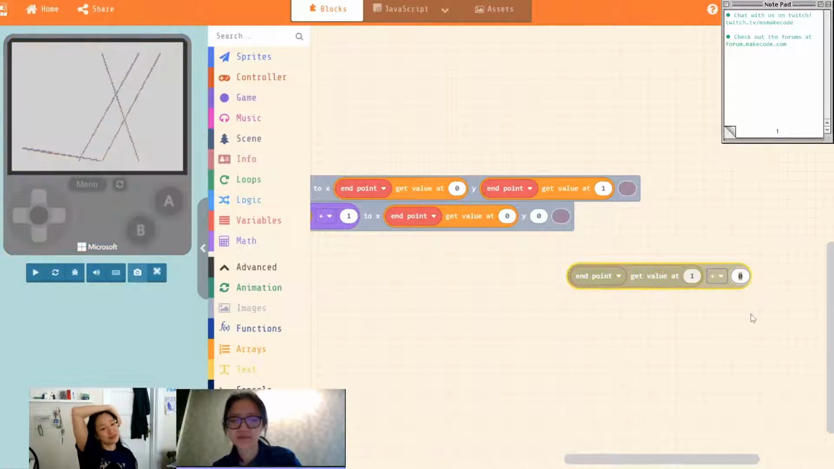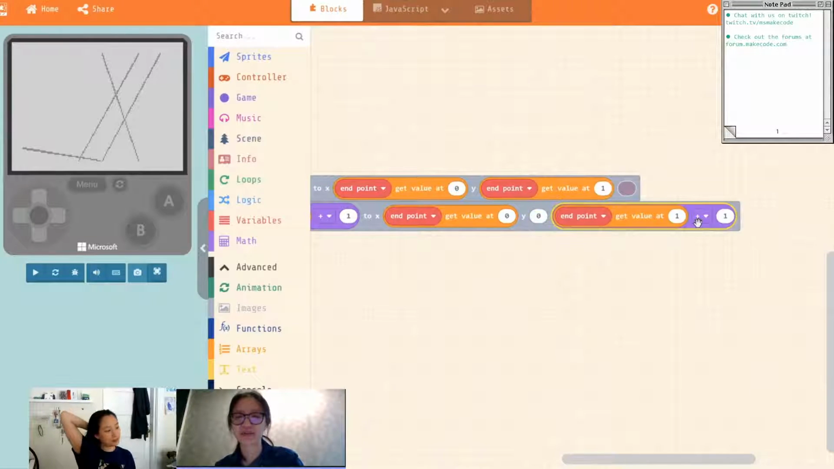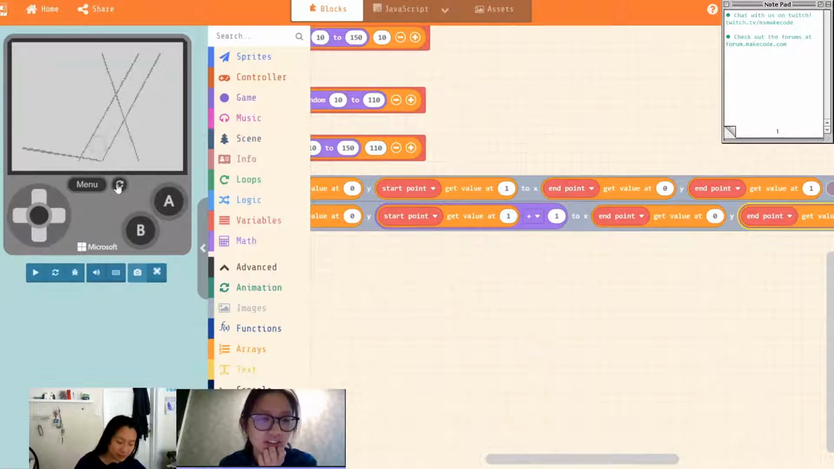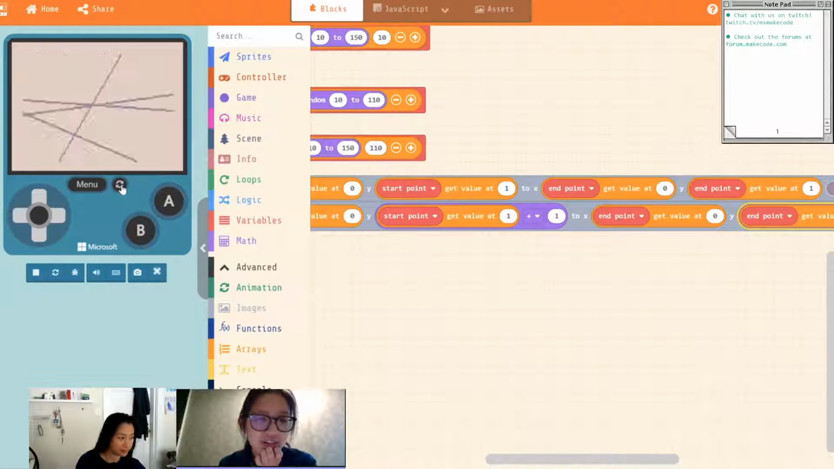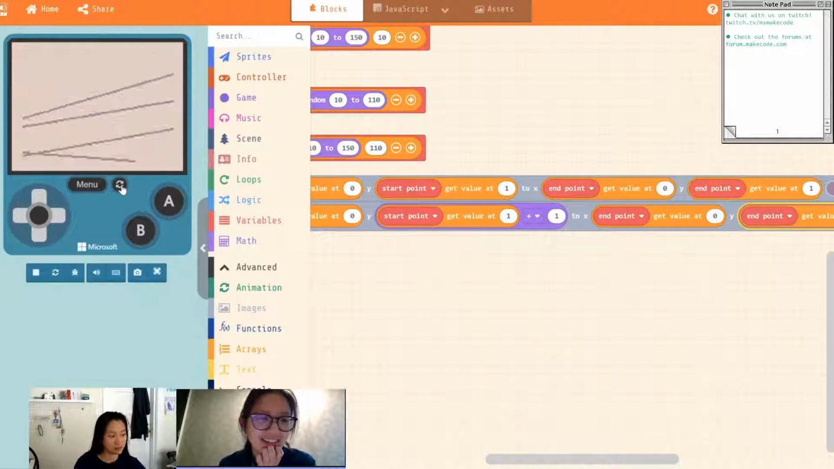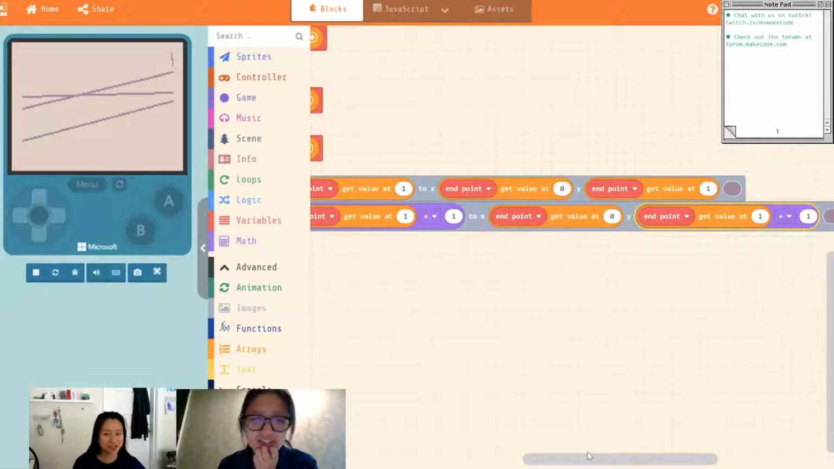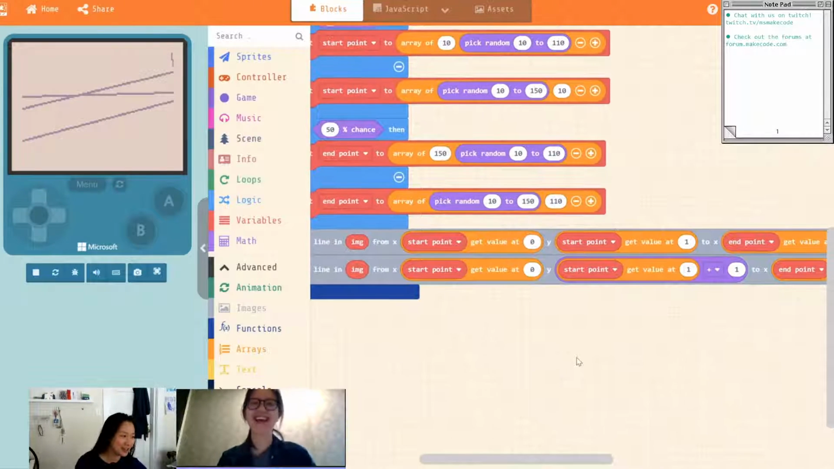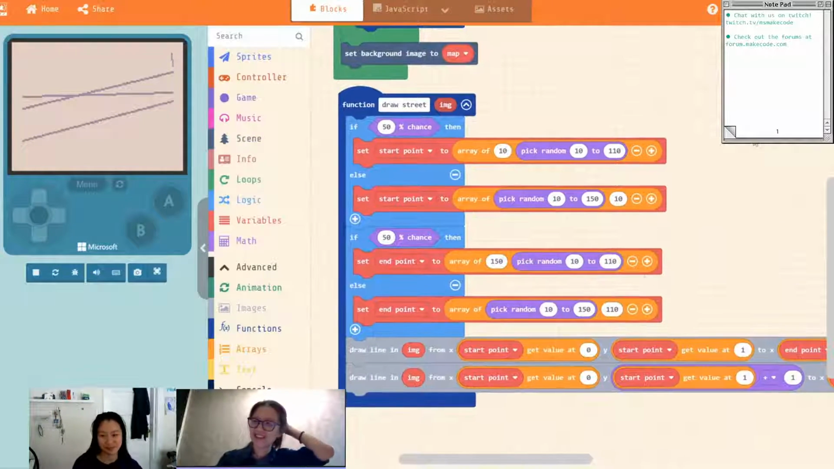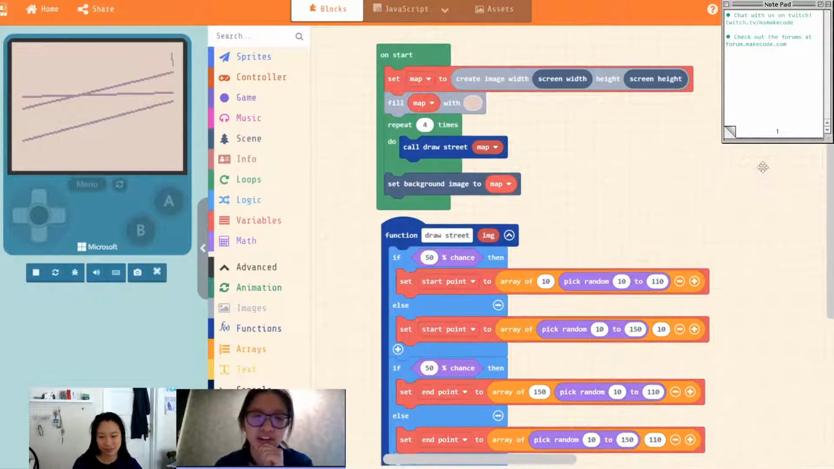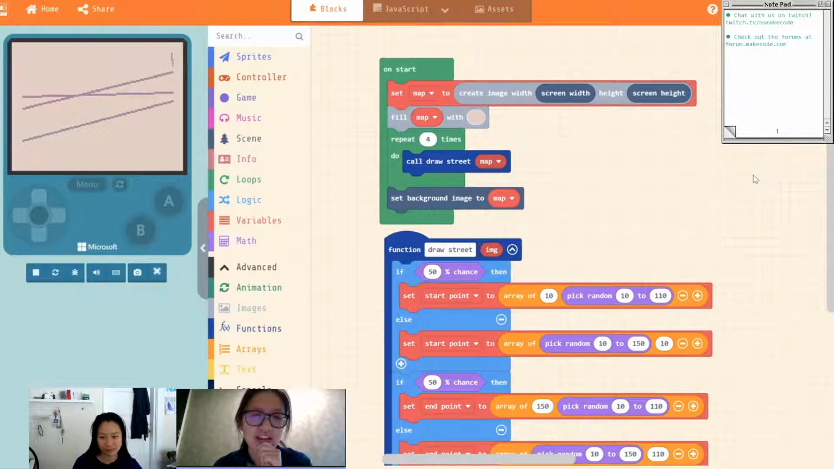So I'm basically just gonna move both. I'm just gonna draw another line that's 1 pixel down from this one. That's okay. Yeah. It looks like roads. Okay. So then